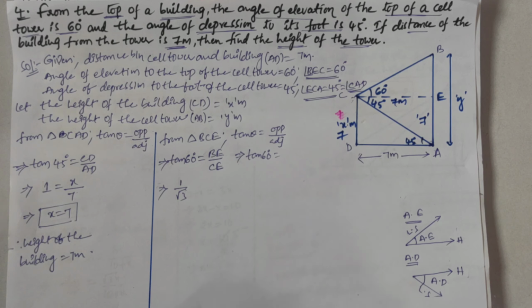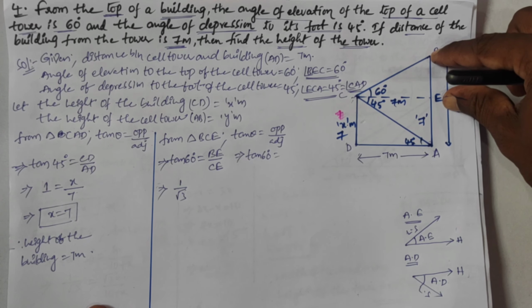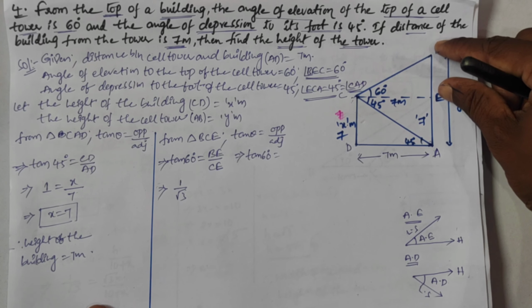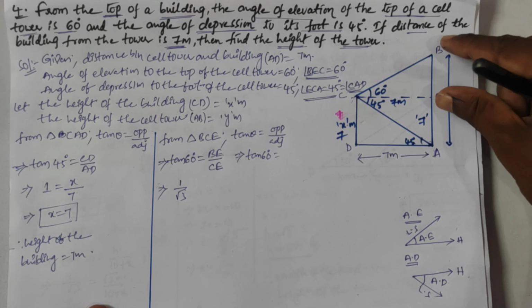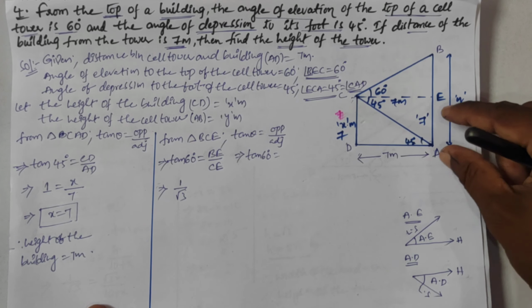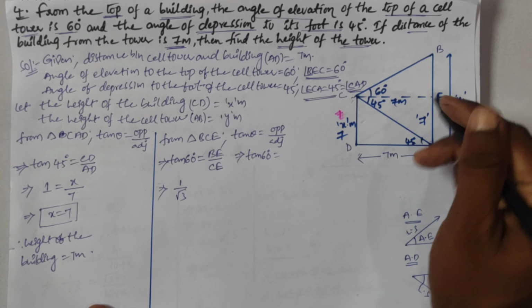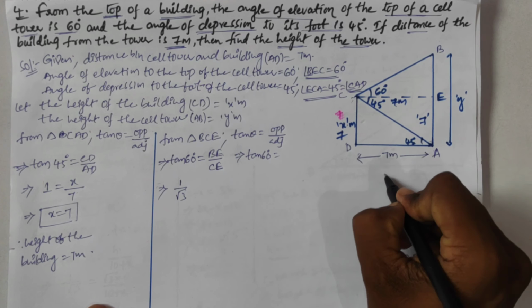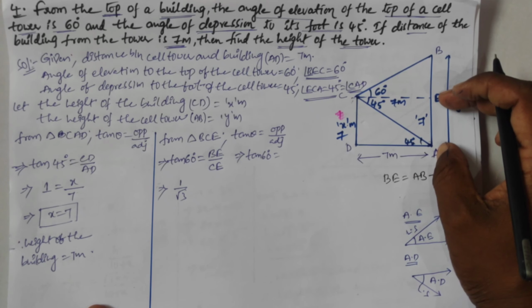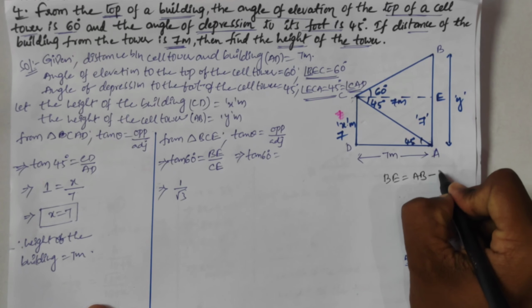But observe here, how will you get the value of BE? Already we got the value of AE here. Now we have to find the BE. Right? So how will you get the value of BE? From the total, subtract AE. So BE is equal to the total height, AB, minus, already we got the building height, we have to subtract this one, AE.